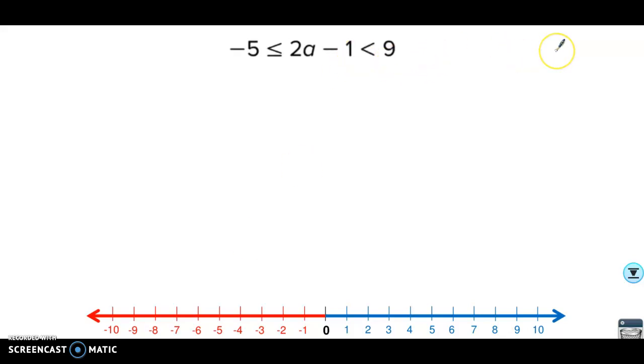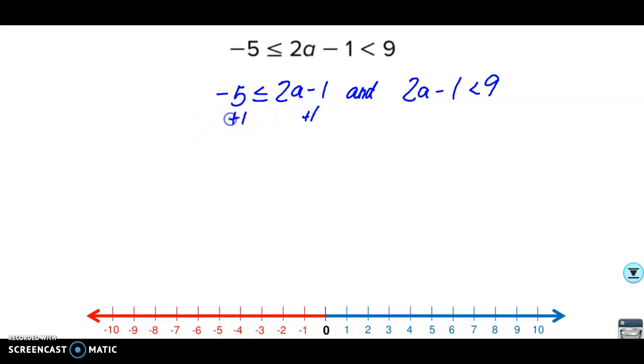I appreciate that. All right, this one's an AND, so we're going to separate it into two separate problems. -5 is less than or equal to 2a minus 1, and 2a minus 1 is less than 9. And we know this is an AND. To get 2a by itself, we're going to add 1 to both sides first. That will give us -4 is less than or equal to 2a. And then we divide both sides by 2. And because we're dividing by a positive number, we will not do anything to the sign. -2 is less than or equal to a. And